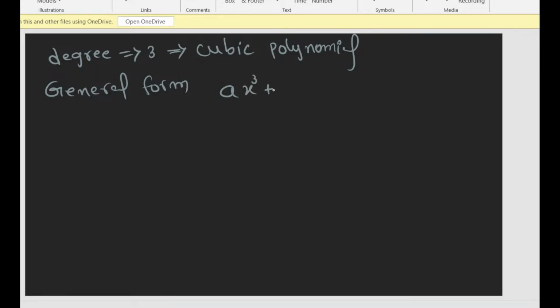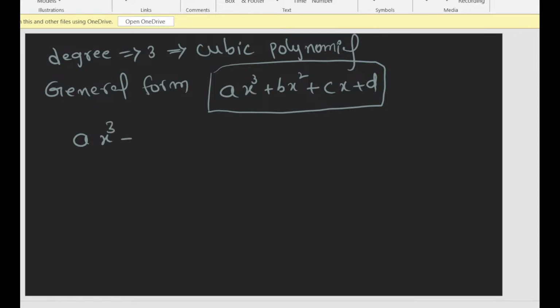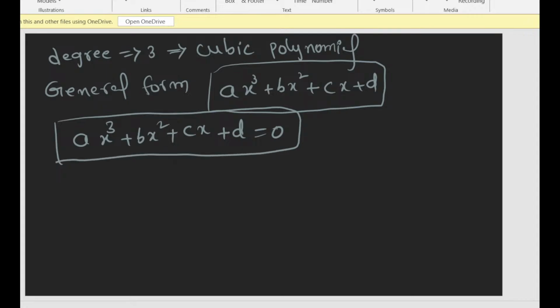Ax cube plus bx square plus cx plus d. When can we say it is an equation? If you make it equal to 0, ax cube plus bx square plus cx plus d is equal to 0, then we can say it is an equation. Okay, now look at,